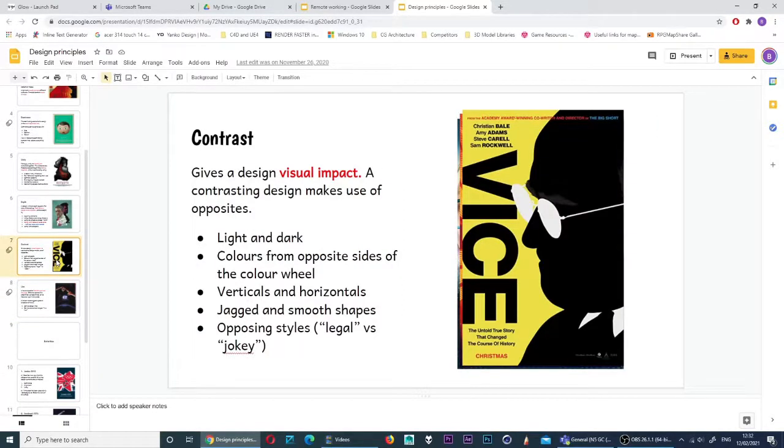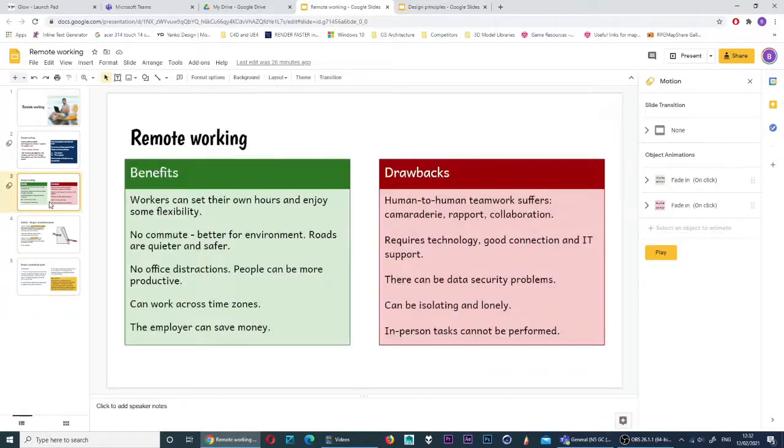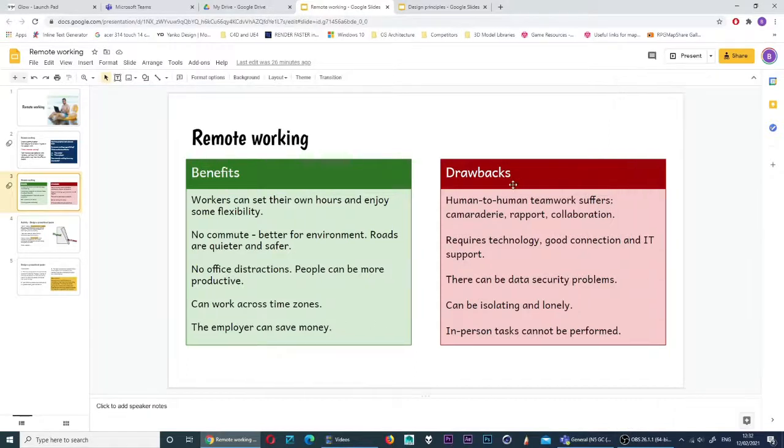So poster design is all about grabbing attention and very quickly getting a super simple message across. So what does that mean for you? Well, what I don't want to see is I don't want to see these words and benefits just copied and pasted into the poster. Alright, there's too many words on these slides for a poster. You're going to have to simplify it. You're going to have to pick images and pick few words in order to get this message across. It's difficult, right? This is the essence of graphic design. It's really difficult to do this. So there are too many words on this screen already. Simplify it, pick only a few phrases and work with them.